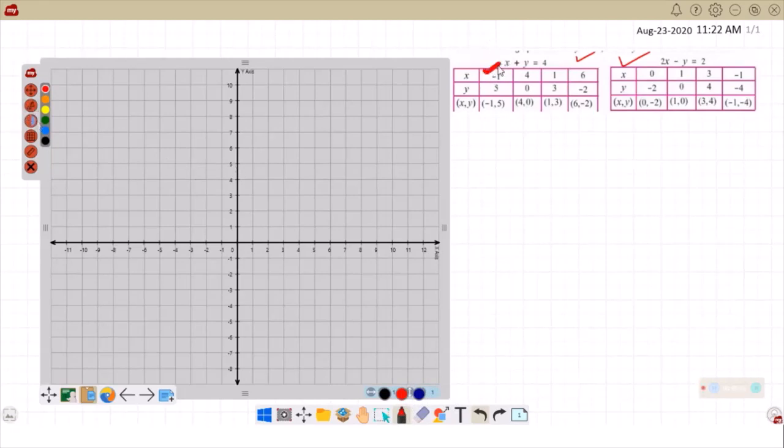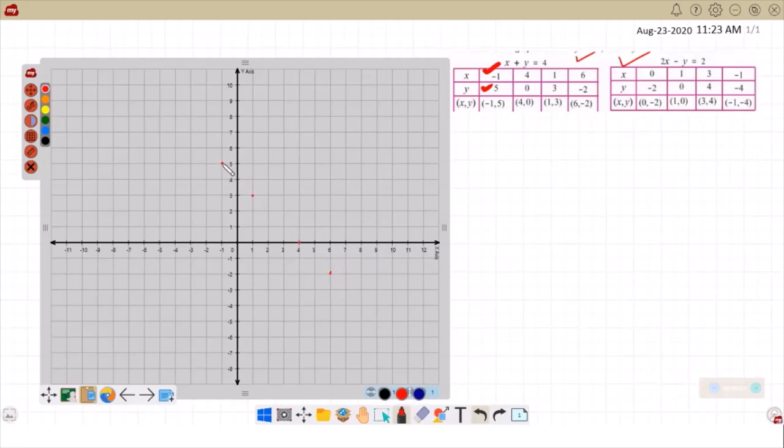First one is minus 1 and 5. Minus 1 on our x-axis and 5 on the y-axis. I will mark here. 4 on the x-axis, then 0 on the y-axis, so it will stay here, no problem. Then 1 on the x-axis, 3 on the y-axis. X-axis is this, and 3 is here, yes, here. And then 6 on the x-axis, here it is 6 steps from y, and minus 2 for the y-axis, so it goes down, here it is. So we got 4 points, one here, one here, one here.